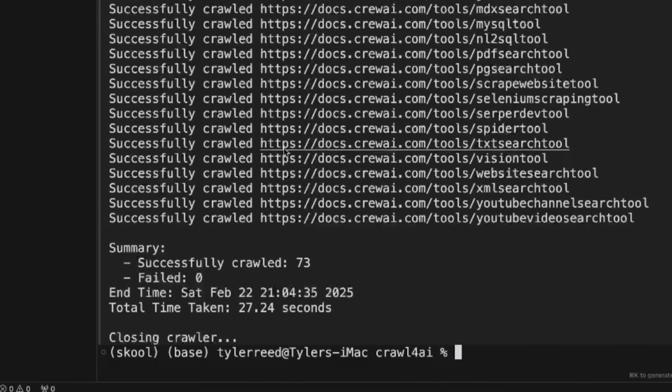This web scraper is blazing fast and completely free. It just scraped 73 URLs in 24 seconds. I'm going to show you how all this works, including building an AI agent with it, starting with the first